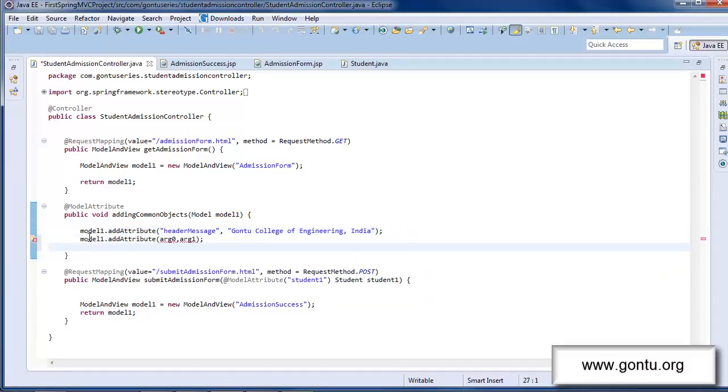Something like this. You keep on adding more statements like this, and in each statement you provide here the object which you want to place here in this model object. All right,